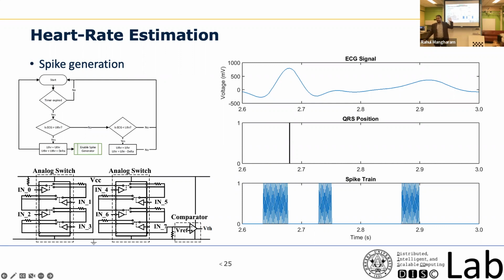That's why I said the whole thing is end to end. So you have a spiking architecture that captures the ECG signal, converts it into spikes as needed, and then processes it. But this is one for a specific purpose, right? Which is the QRS peak. But if you look at heart rate variability, for example, there it is.